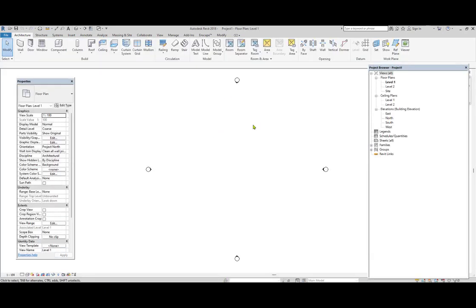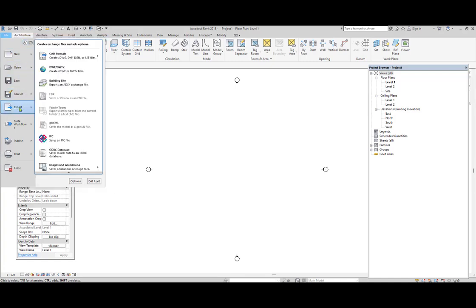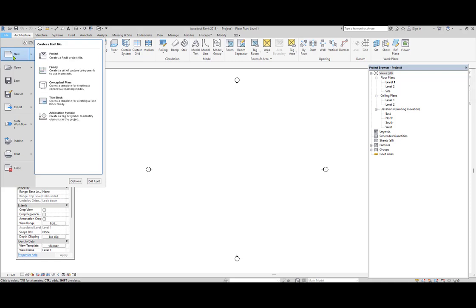Once you open, you can find the user interface of the Revit software, the UI you can say. At the left corner we have the R symbol that indicates Revit. Just below that you have File, that is your application menu. Click on this File option to expand it. Here we have new, open, save as, export and other options. As I already told you how to select the new template, you can go to new and then we are going to create the new project, so we have to click on project.